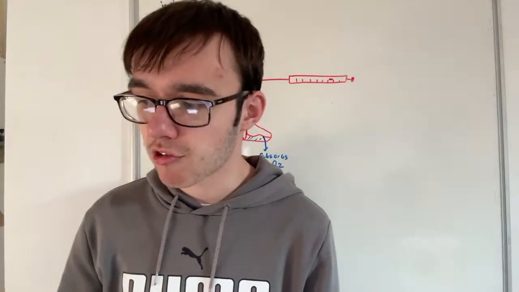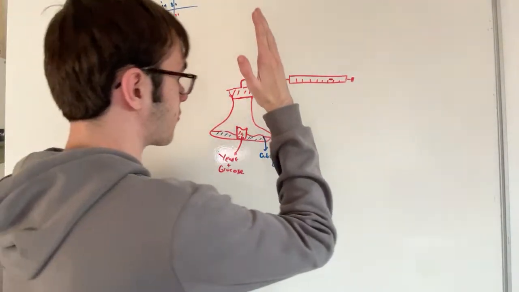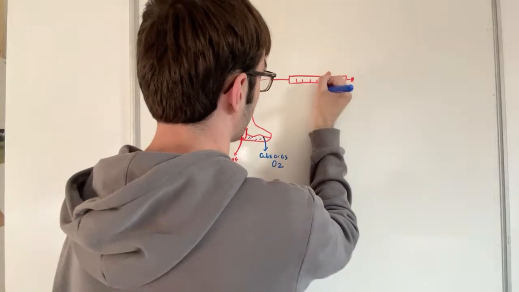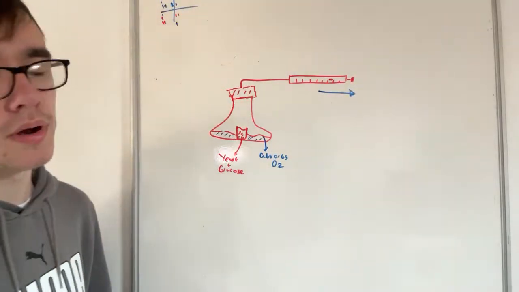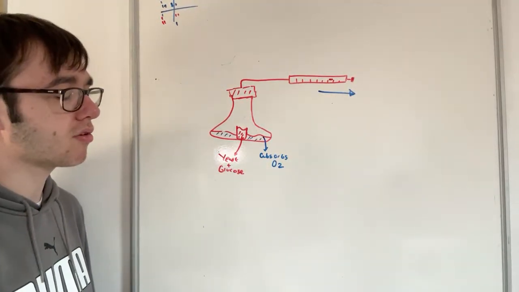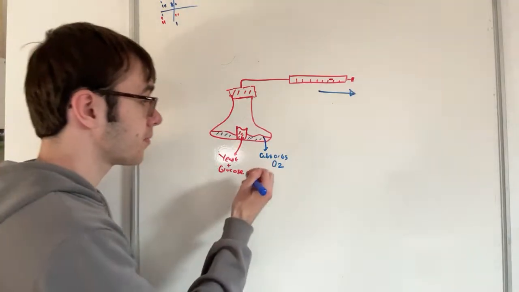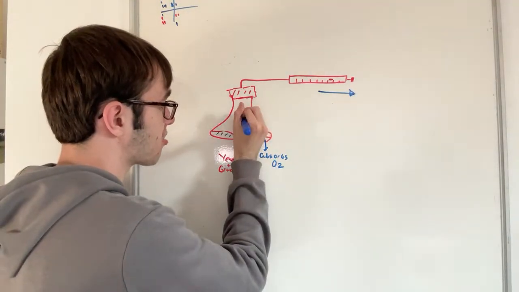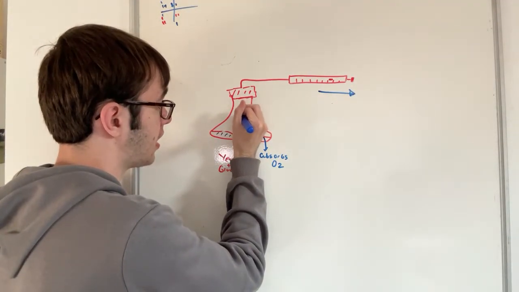During her investigation, the liquid moved right. So it moved from the left to the right. It moved this way. Why? Why would it move this way? Well, we are going to want to talk about how the yeast is going to produce CO2 and ethanol